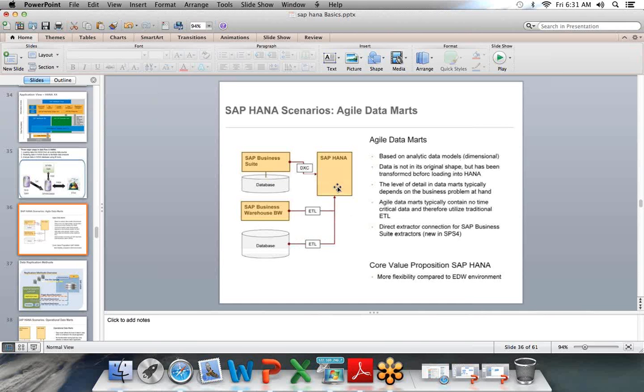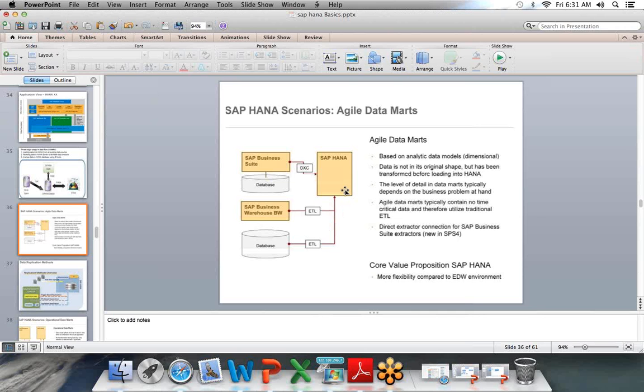Before loading the data to SAP HANA, we need complex transformations to be performed. The data in the source system is not in its original shape. As per our data storage requirements and reporting requirements, the data has to be cleansed, consolidated, and massaged before loading to SAP HANA. Basically, we need complex business rules and complex transformations to be executed before loading the data to SAP